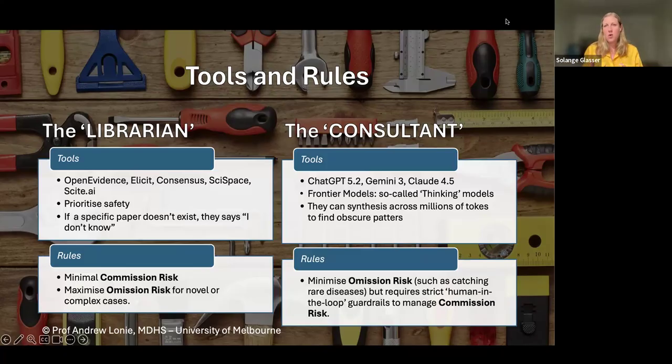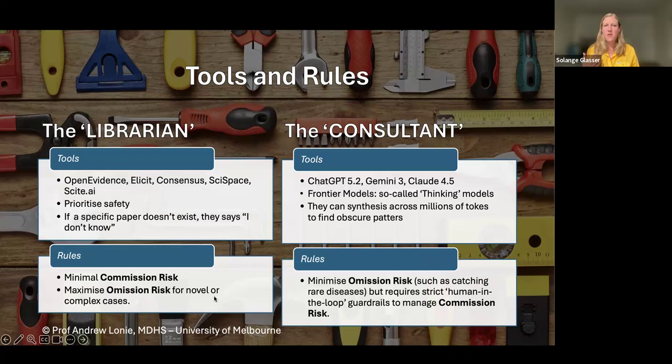Therefore, I don't know. Now, if any of you have used ChatGPT or other systems before, you'll know that no matter what you ask it, it's going to come up with an answer. The answer might not be correct, but it's never going to say, "I don't know." It will just say, "Certainly, here's a response." So that's our librarian. As we've noted, it's minimizing commission risk, but it's going to maximize omission risk because it's